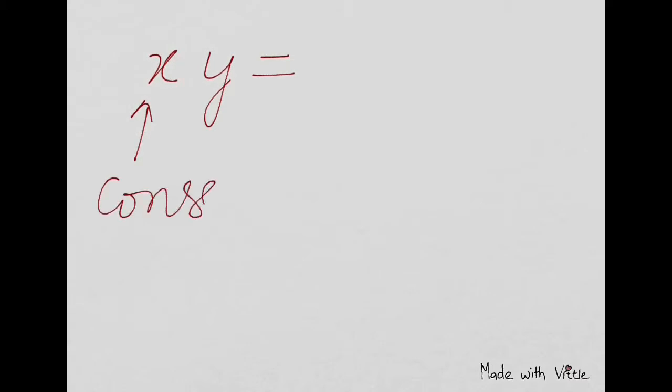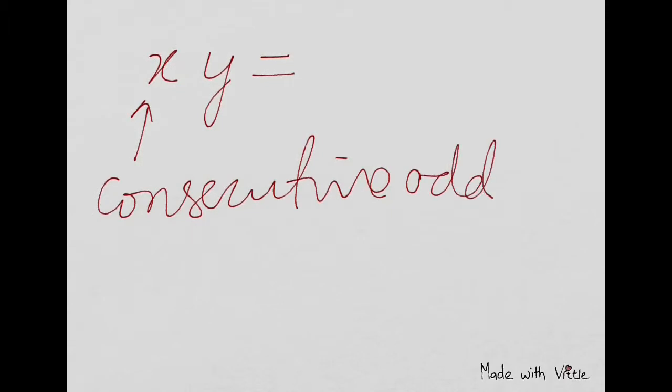So this is an important topic under number system, but these questions are asked in government exams or maybe banking exams. So x and y are consecutive odd numbers, and the product of them is a natural number. So let's take 4623. You're asked to find which one is the larger of them.